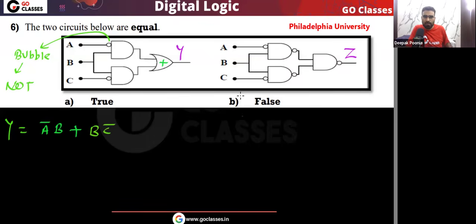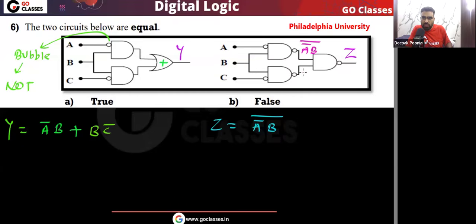I hope you understood. Now let's see what is z. Here you can see, there is a NAND gate here. One of the inputs is a bar, another input is b. So first we will do the AND, so a bar b, then we will do the negation. Okay. Next, here this is what we got. Please understand that here we got a bar b whole bar. This is what we got.